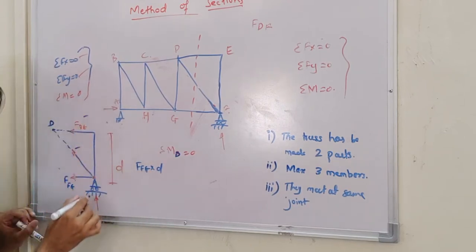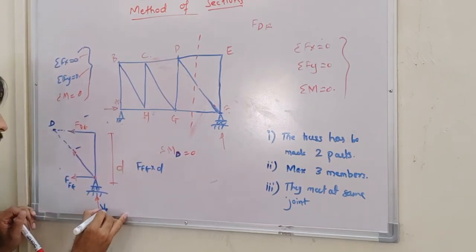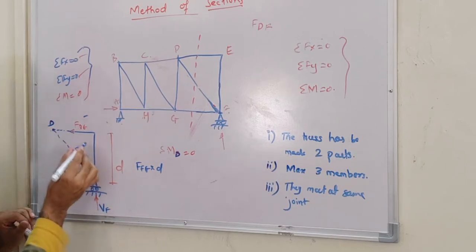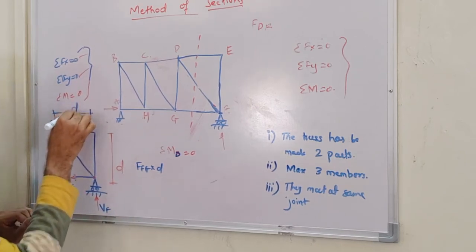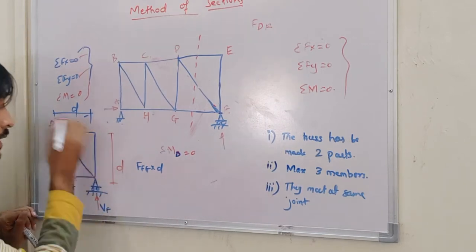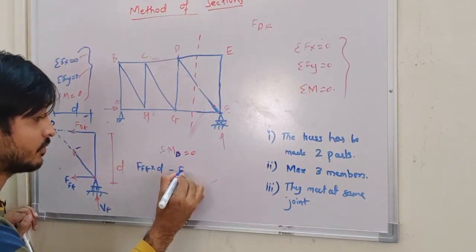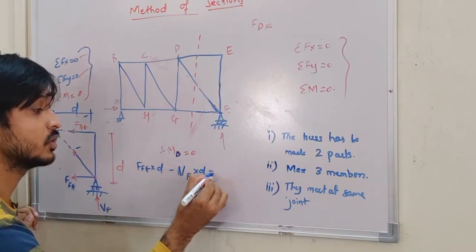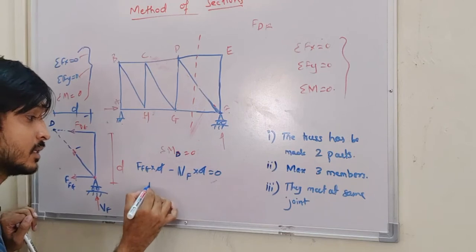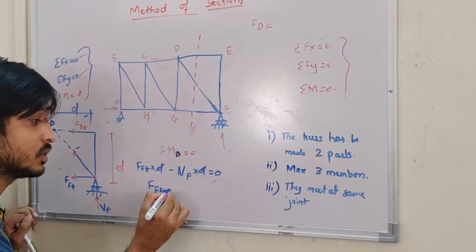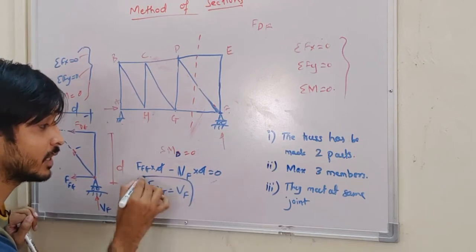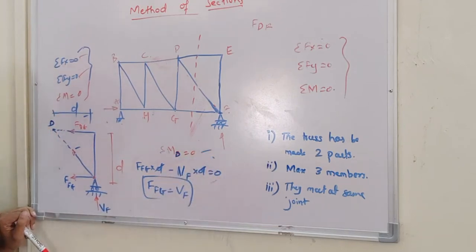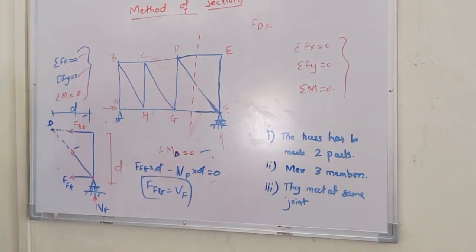This is clockwise, and this force that is vertical at F, and suppose this is also some distance d, correct? So that is creating which moment? Anti-clockwise, minus VF into d is equal to 0. So now this gets cancelled, and what it becomes is FFG is equal to VF. So this is what we get. We can use the moment equation now. So we'll solve one simple problem so that you will understand what we have to do actually. So write down the problem.